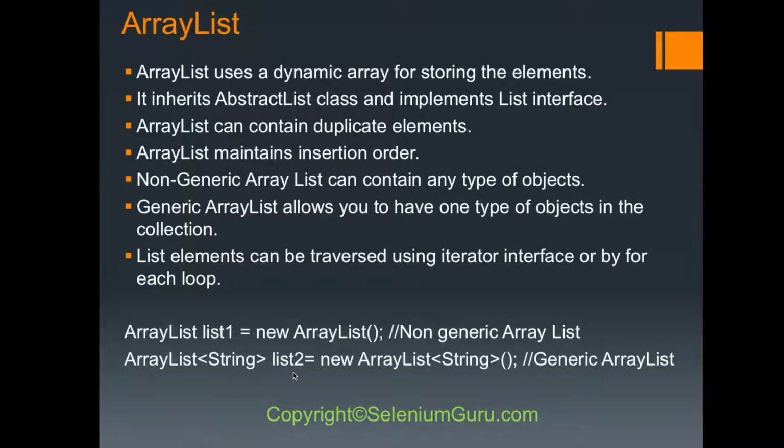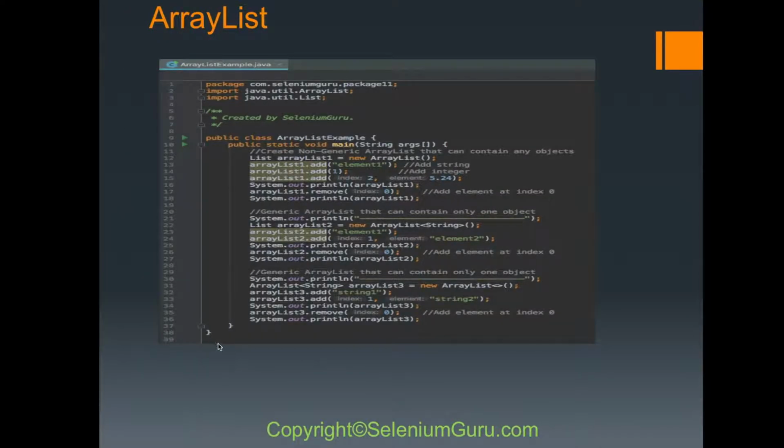Okay, you cannot put anything other than the string. So you're actually forcing the users to only have string values in this array list2. Let's say, for instance, I'll give you an example in here. So I've got this array list. Here I'm creating a non-generic array list that can contain any object. So I can create a list array